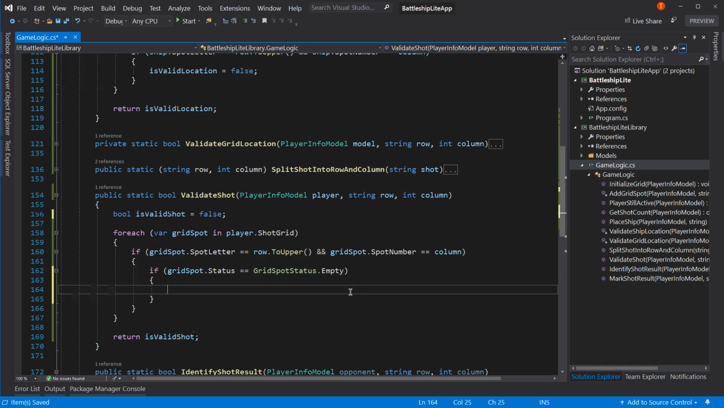because we can't put 23 in, it's too many characters and it'll throw an error. But let's say Z5. We don't have a Z5. So what's going to happen? We're going to look for a match for Z and 5. Are we ever going to find it? No. So we'll loop through the entire shot grid, not find a match, therefore we'll never check this. Therefore, we'll never set is valid shot to true. Therefore, is valid shot will be the default value, which is false. Therefore, it's not a valid